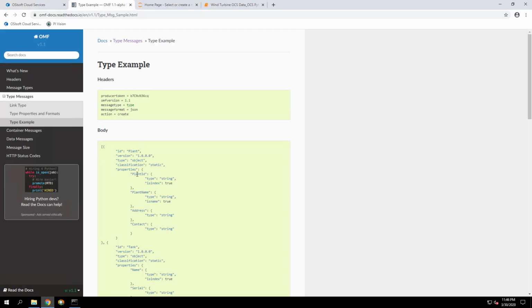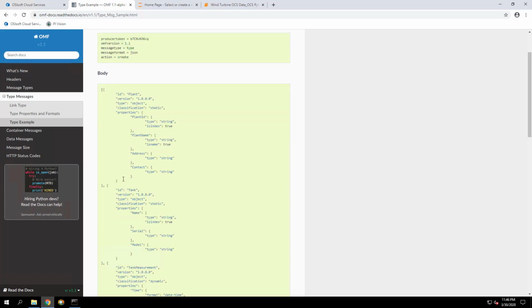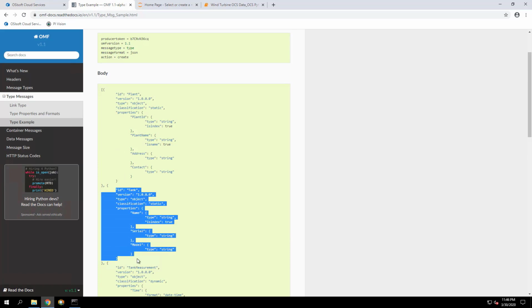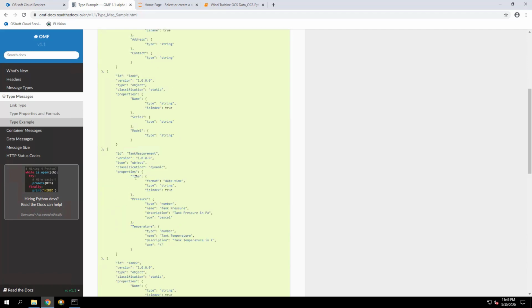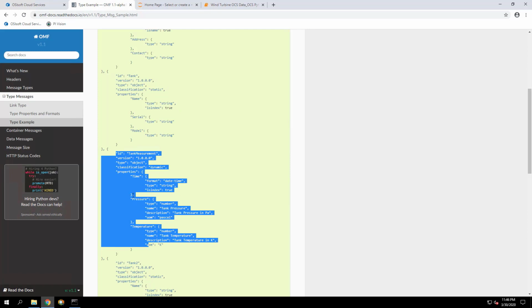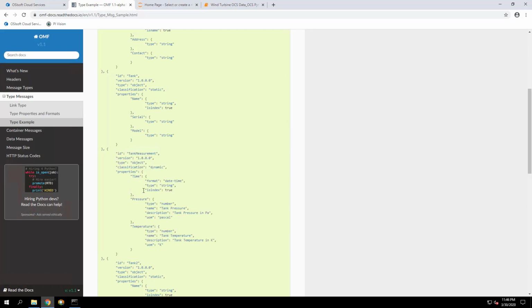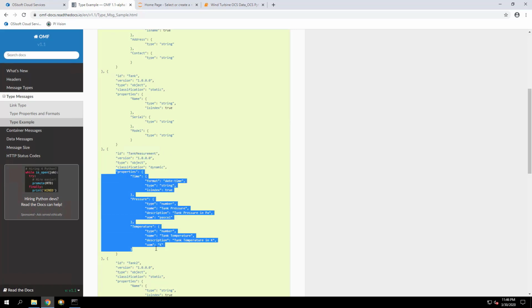You can create more than one type. In this case, the first one is plant, the second one is tank. Those are all different types you're creating here, and each type has several properties. So in this message, we're basically creating several types, one for plant, one for tank, another one for tank measurement, and so on. Each one has its own properties. So that's for type messages.